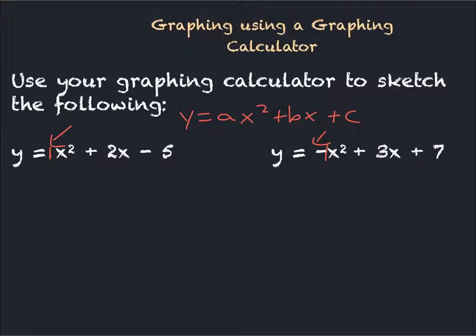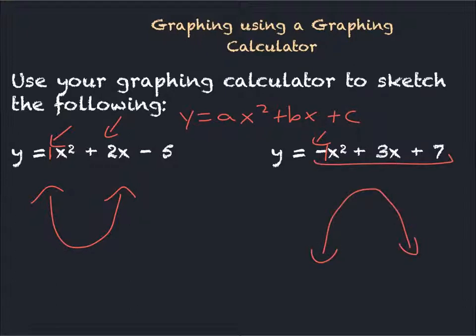So when you graph these, when you put this in your graphing calculator, you're going to get a U that points upward. And when you graph this one in your graphing calculator, you're going to get a U that points downward. So when A is positive, you're always going to get that U that points upwards, whereas when A is negative, you're going to get the U that points downward. And I'm saying U, but it's a parabola. The parabola is going to be opening up if A is positive, opening down if A is negative,